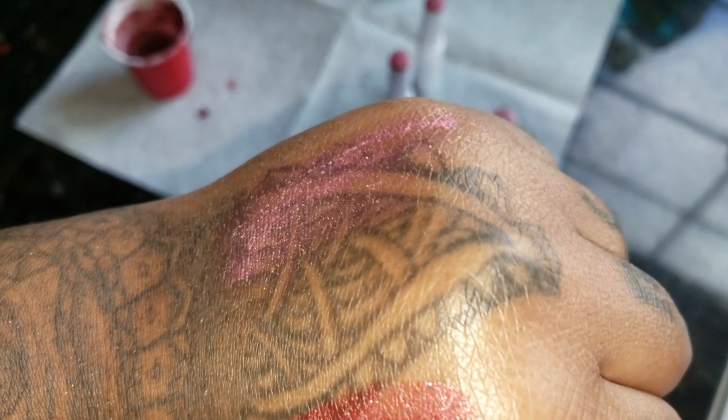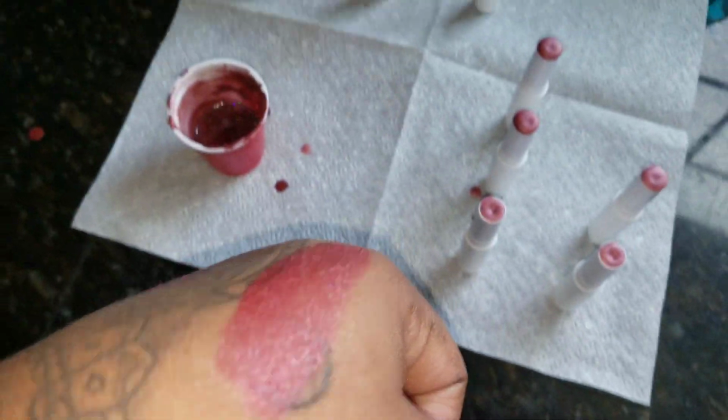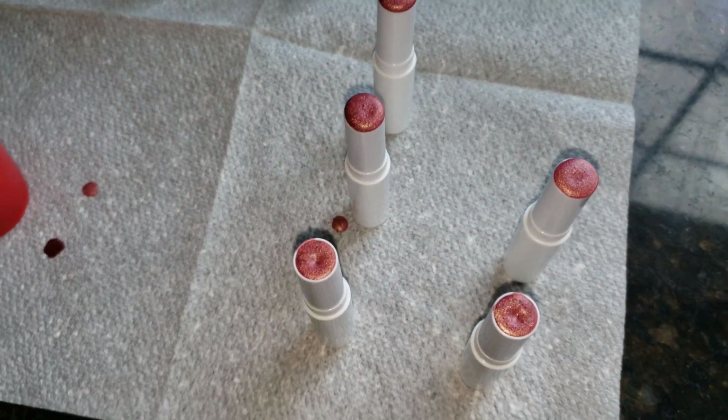Alright, so that's the first one. See, it's sheer, it's pink, really pretty, reflex gold. And that's the second one. It's like a burgundy and it has like the holographic glitter in it. Really pretty. So see, guys, it's so